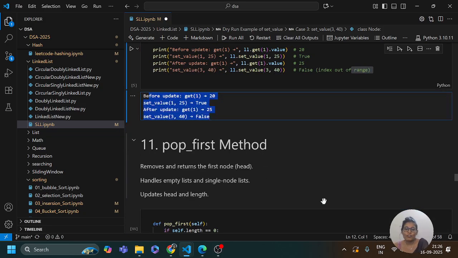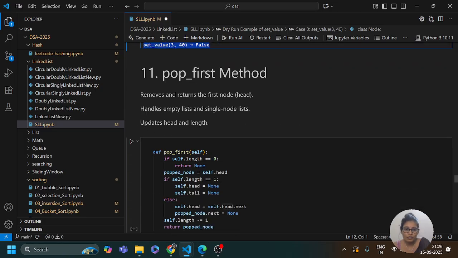Now the pop first method. If we want to remove from the start of the linked list, we can use the pop first method. It removes and returns the first node from the head. It handles an empty list and a single node list, and updates the head and length. So here you can see